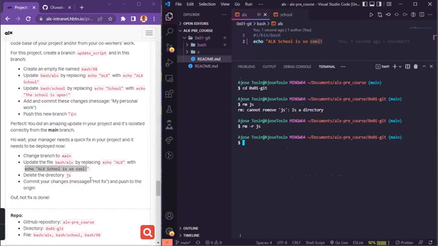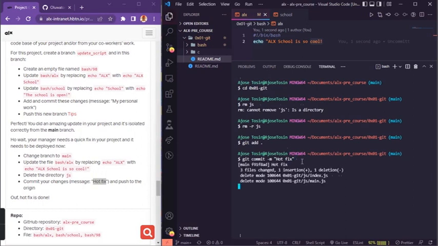Then they said we should commit our change with this commit message. So I'm copying that. The next thing I'll do is git add. Then the next thing I do is git commit -m. Then let me put in the message they ask us to put in there. Hit enter. Yes, then git push. So if I hit enter now,